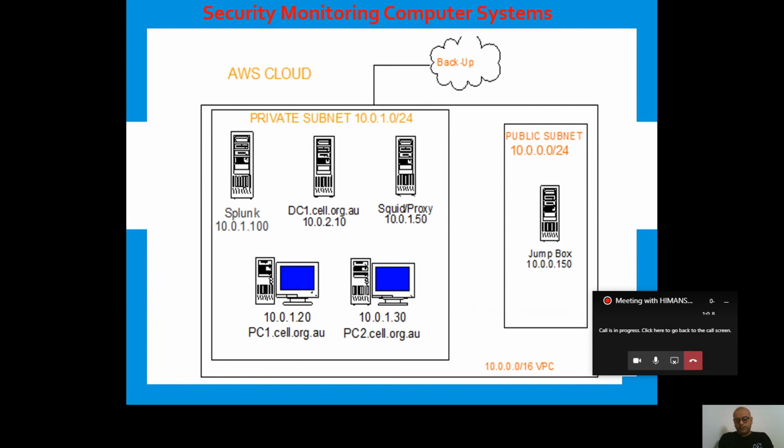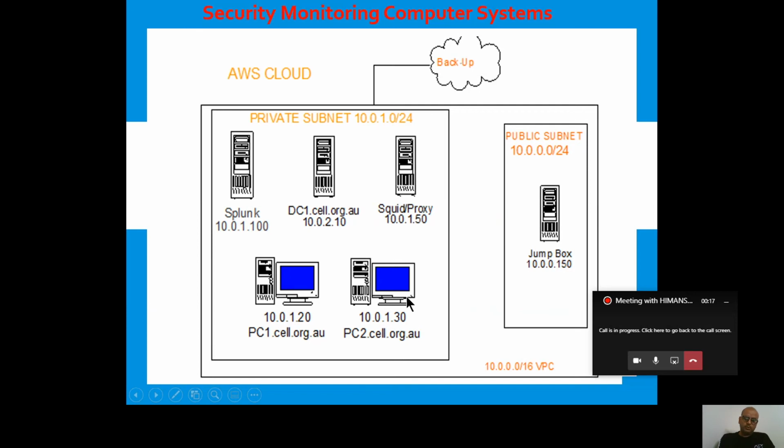So the first step is we need a VPC to work on. Then it should have a private subnet and a public subnet. Why is that so? Private subnet provides you an additional layer of security. You cannot directly access the instances which are in a private subnet. So every time, you have to go through your jump box if you want to access them.